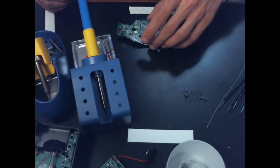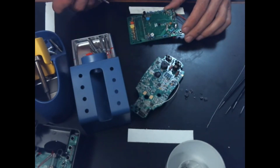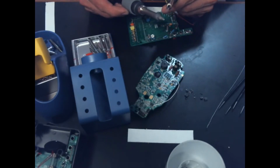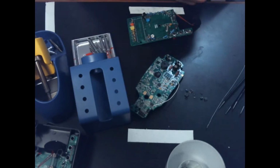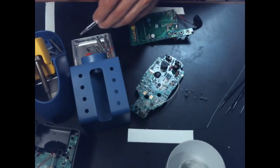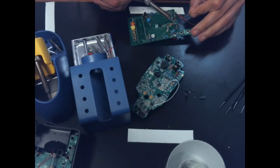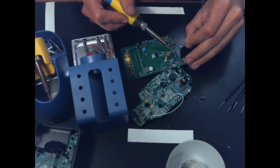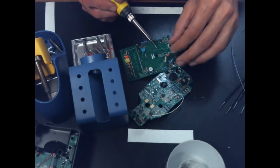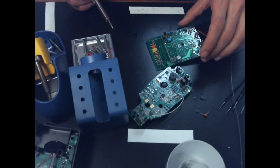I think to start off with, we should try to do one of these caps here. It didn't come with the chisel tip that I really like for the Hakko. I believe this is a 1.5 millimeter chisel tip, but this conical tip is the closest to it. They did have a really wide chisel tip, but I think that's just too much. But I think we'll go ahead and see how we can do on this little joint for this PTC. It actually looks like it took it pretty well. I might be able to desolder that pretty quick. But it didn't seem too bad there. Let's try